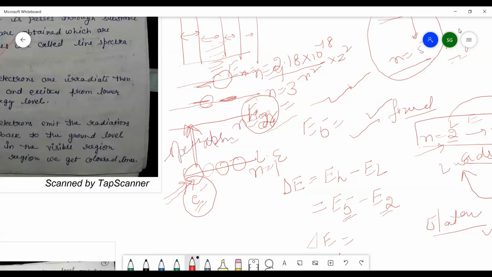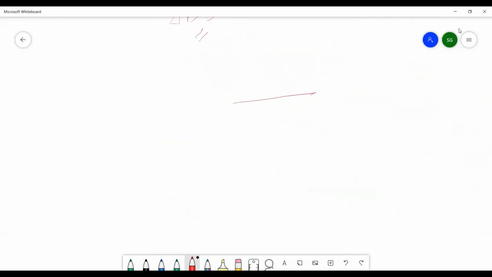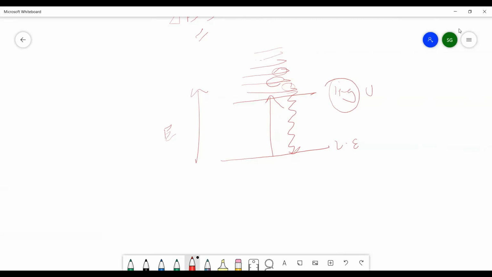बट व्हेन द इलेक्ट्रॉन विल बी स्टेइंग इन द हाई एनर्जी लेवल, इट इज हाईली अनस्टेबल. हाई एनर्जी लेवल में इलेक्ट्रॉन हमेशा अनस्टेबल होगा. ये लोअर एनर्जी लेवल है और ये हायर एनर्जी लेवल है. हाई एनर्जी लेवल कोई भी हो सकता है, कोई भी ऑक्यूपाई कर सकता है. दिस इज द एनर्जी. सो व्हेनेवर इट रीचेस इन द हाई एनर्जी लेवल, it will try to lose its energy and come back to the ground level, because in the high energy level electron is always unstable.